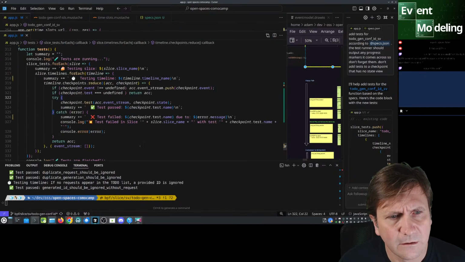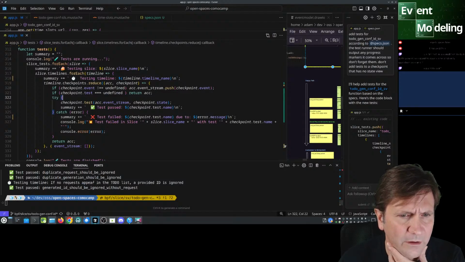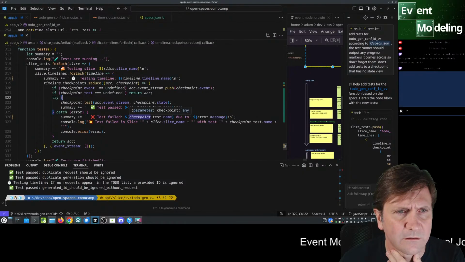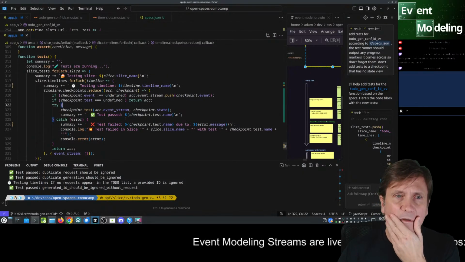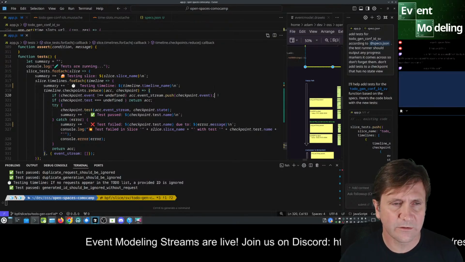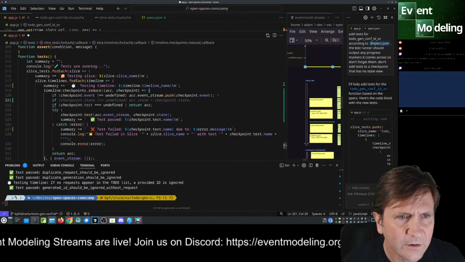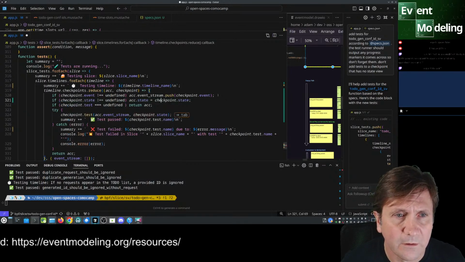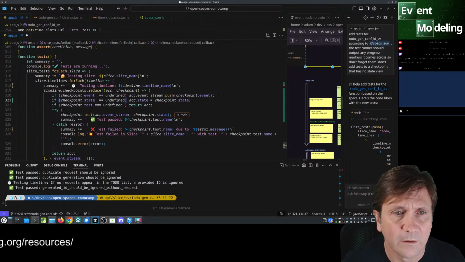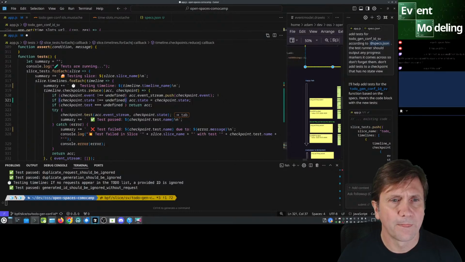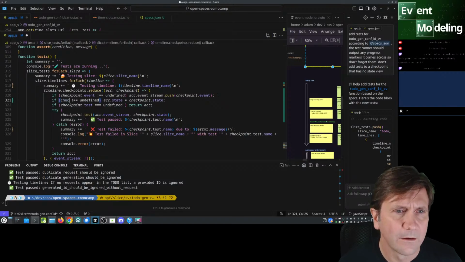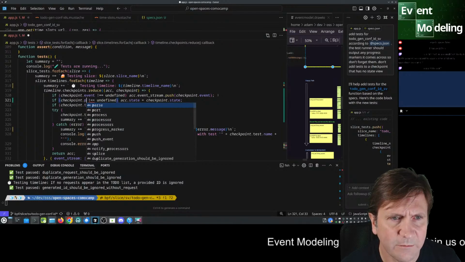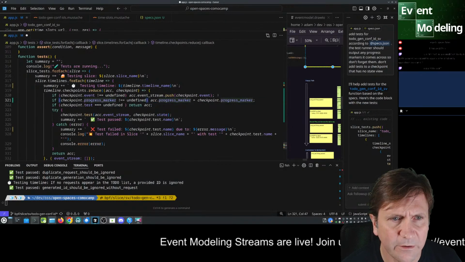That's good. And the other thing that we're missing is the messages. So we do want to do all of this, but then also if checkpoint dot, not state, but progress marker.